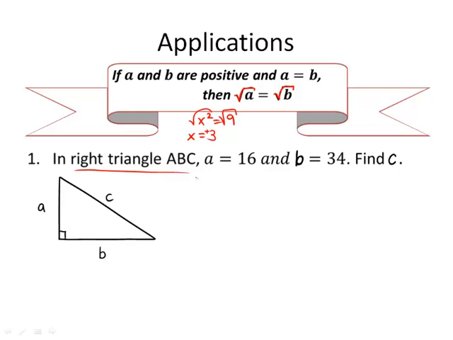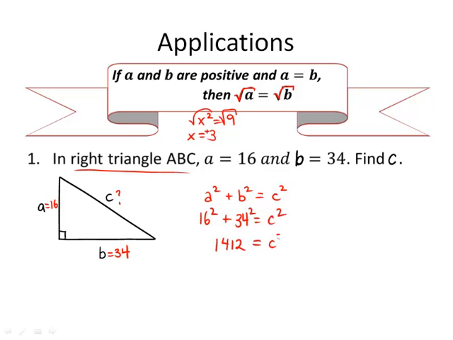So let's take a look at the following example. Here we have a right triangle where A is 16, B is 34, and C is unknown. So since we have a right-angled triangle, we can use the property that the square of a leg plus the square of the other leg is going to equal the square of the hypotenuse. This gives us 16 squared plus 34 squared equals c squared. So 16 squared plus 34 squared is